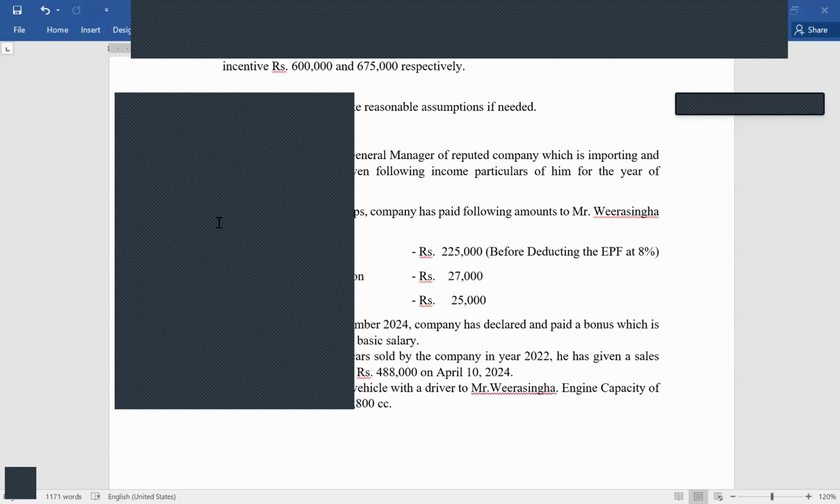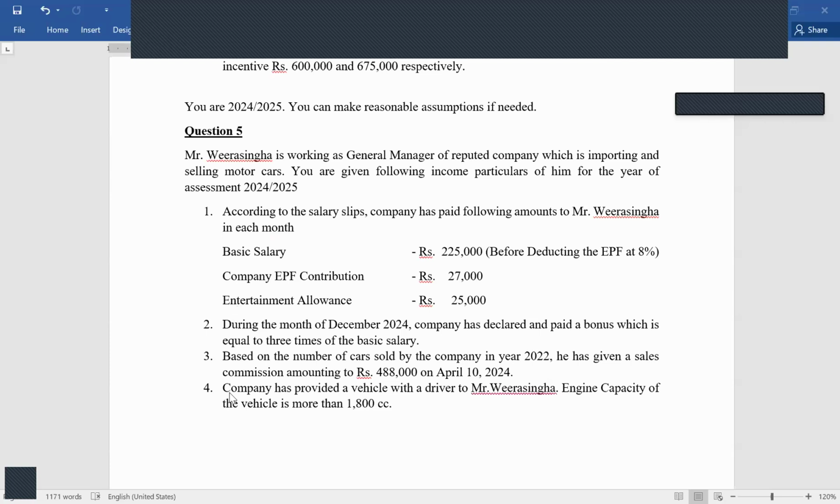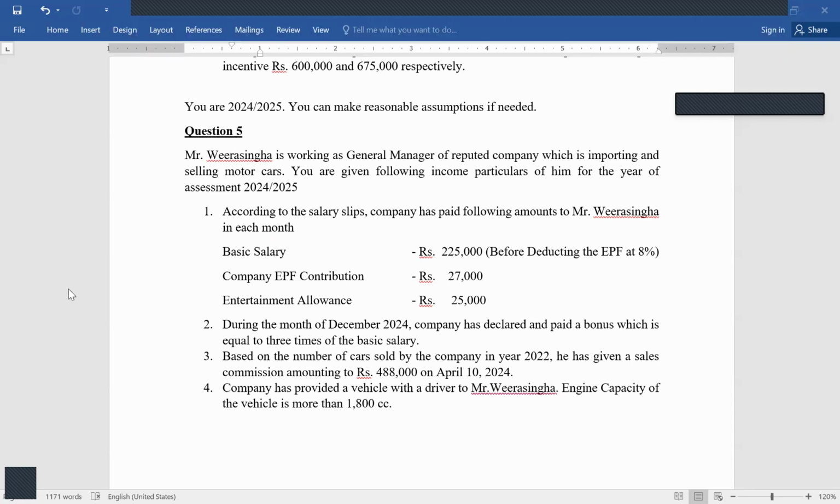Okay. Then what else? Yes. Okay. Now we can move to the last question. That is Mr. Veerasinghe's question. He is working as general manager of reputed company which is in importing and selling motor cars. You are giving following income particulars of him for a year of assessment 24-25. According to the salary slips, company has paid following amounts to Mr. Veerasinghe in each month. So basic salary